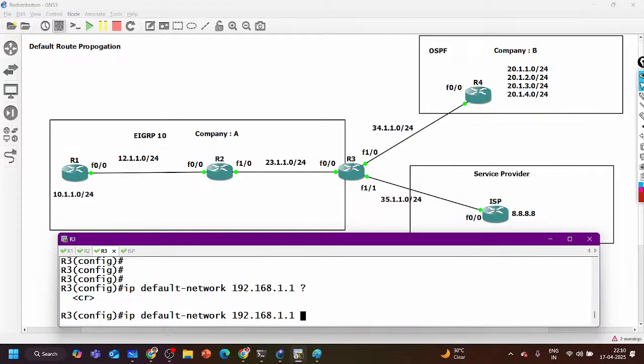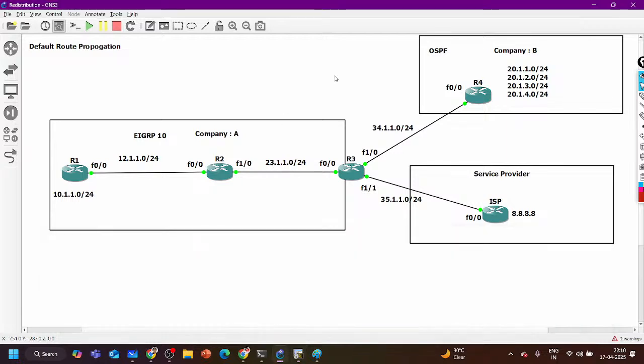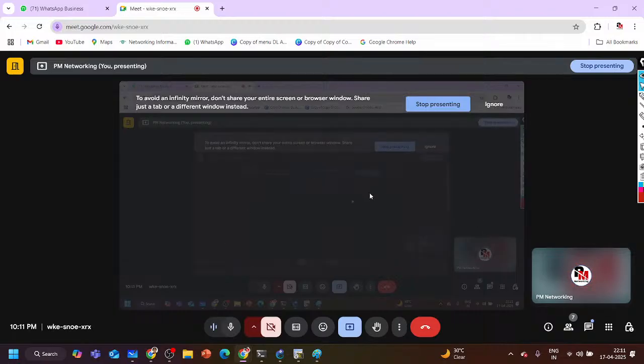So we have generally four ways to redistribute default route, and here all types of redistribution end in the EIGRP. Similarly, we will have redistribution in OSPF, BGP, or any other protocols. Clear, guys? Now if anyone has any question, please ask.